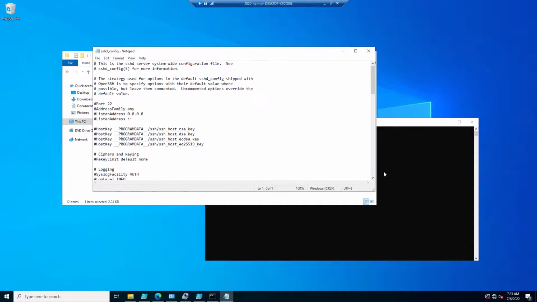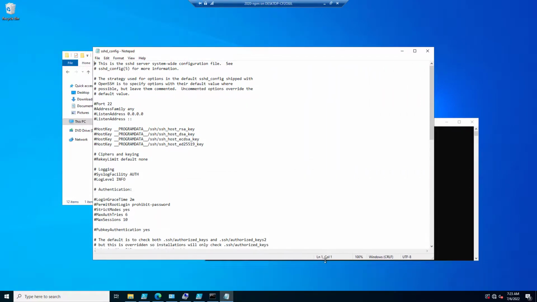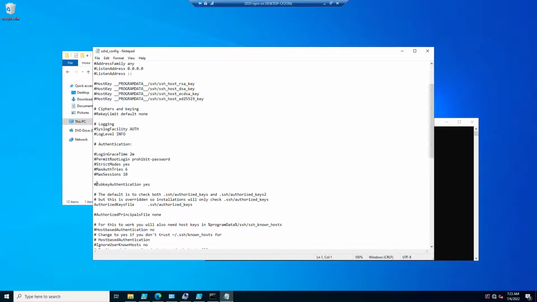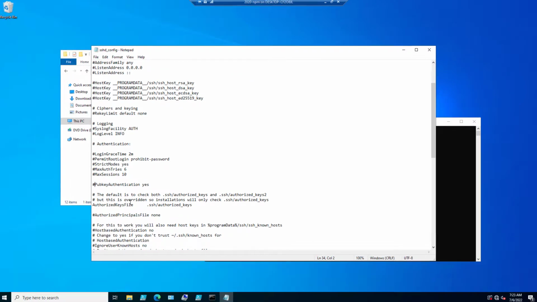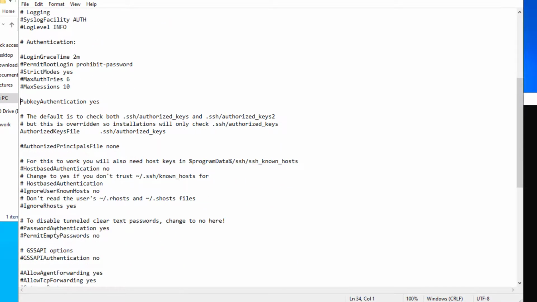Open it with Notepad, and then you want to change public key authentication, uncomment that, and then you want to change password authentication, uncomment that, change this to no, save this file,